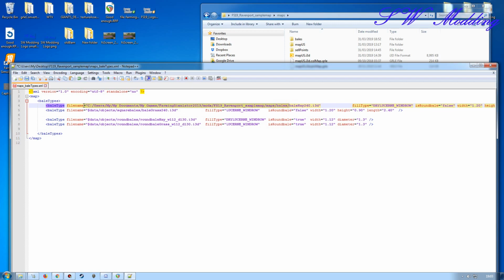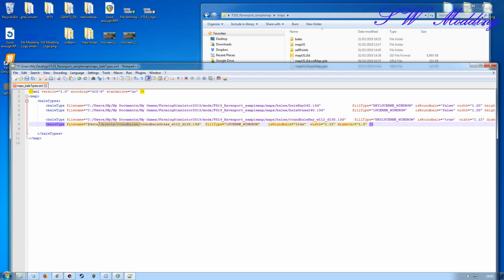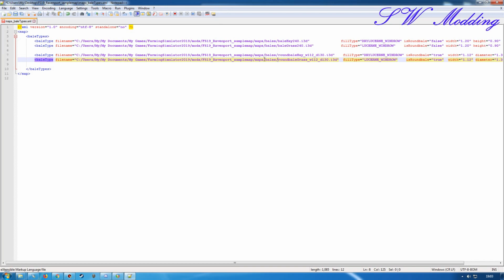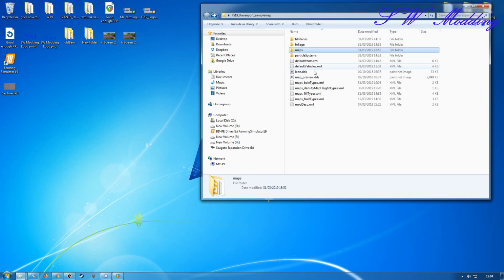So what I'm going to do then is make a copy of all of that and then paste that into there, and then paste that into there and into there, like so. And that's one of the reasons why I put them all in the same folder, because I just felt it would be easier to have everything the same, and I didn't rename any of the bales, so again that made it somewhat easier for me to just link everything in there. The name of the bale itself doesn't really matter, it's your field type that's going to be the important part there. So we'll go ahead and save that one,